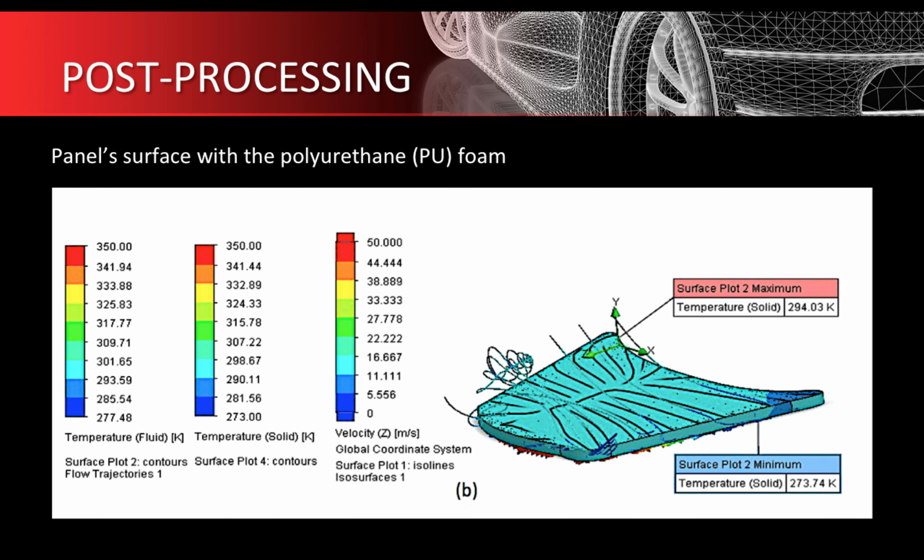The following investigation is performed for the hood panel covered with the PU film. In this case, the maximum temperature shown by the software is about 294.03 Kelvin or 21.03 degrees Celsius. In depth, the PU film contains abundant tiny and large air gaps or voids in its structure. These air gaps reduce the heat transfer by conduction, thus resulting in a lower rate of heat conductivity across the